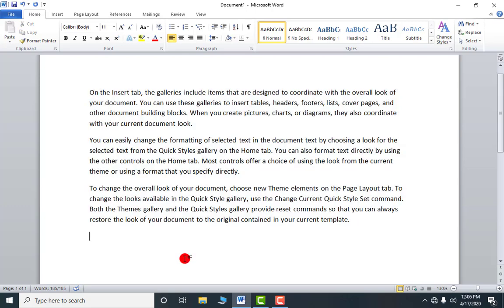Okay. Next one is, if I tell you, you have to select only this first paragraph. So take your mouse pointer here, take to this corner and press. If you press single, you will select the first line. And if you press twice, this first paragraph will be selected. You have to keep your cursor in this blank area.